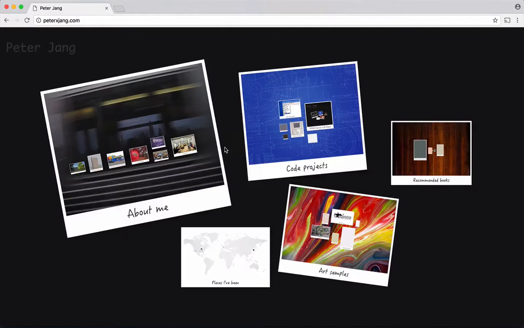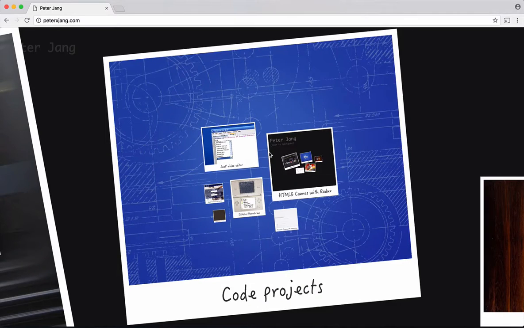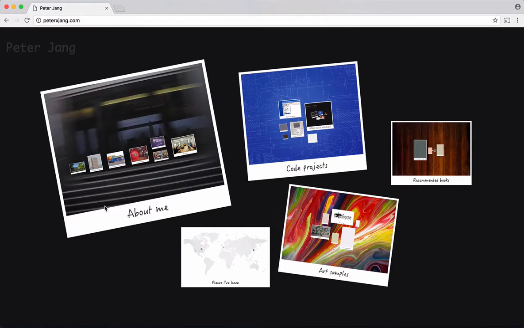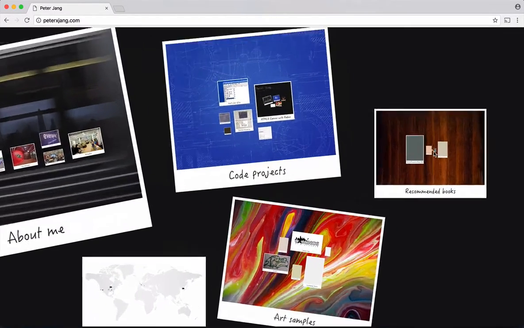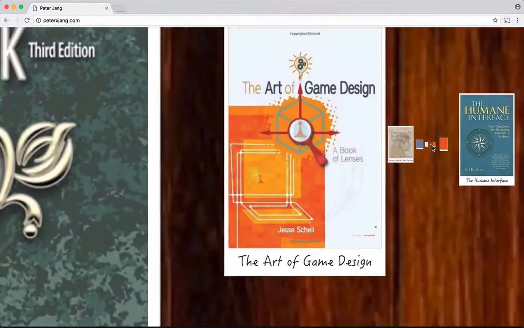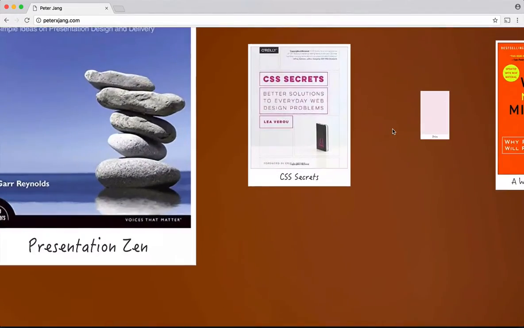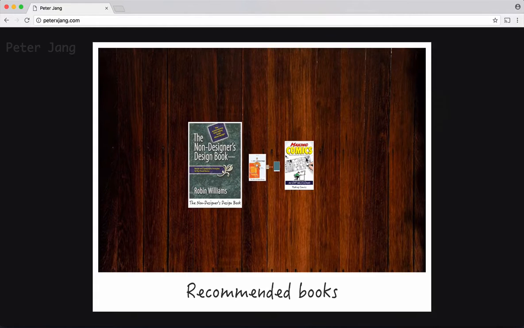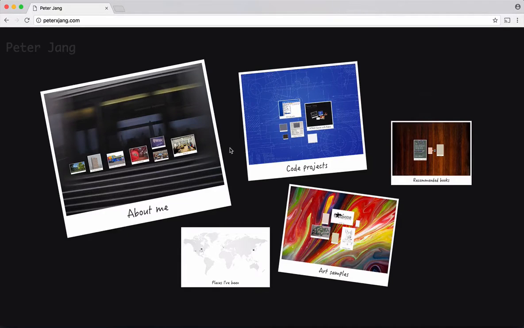You can always double tap to fit to the screen. If I double tap code projects, then I can see more information about that. So it's just a nice visual way of displaying information using a zooming interface as opposed to a traditional website with links. So the really nice thing about this is that the HTML5 canvas is built into every browser, so